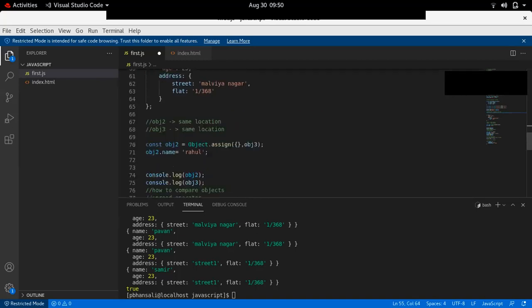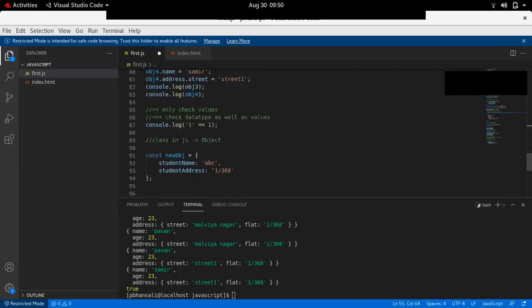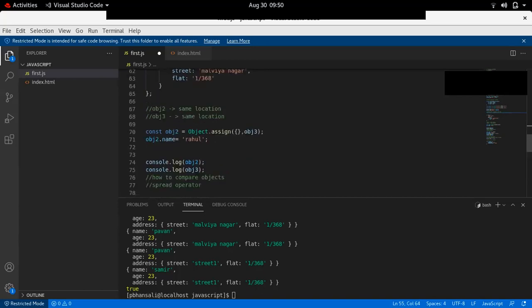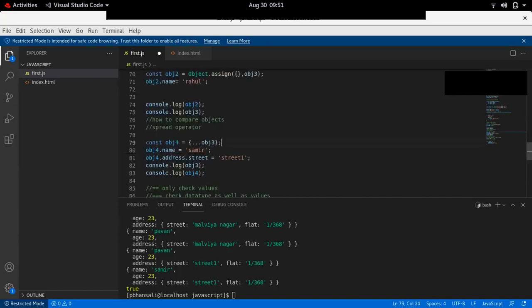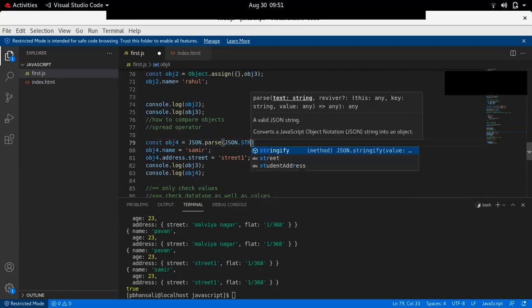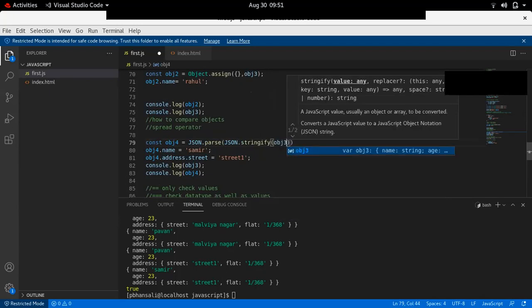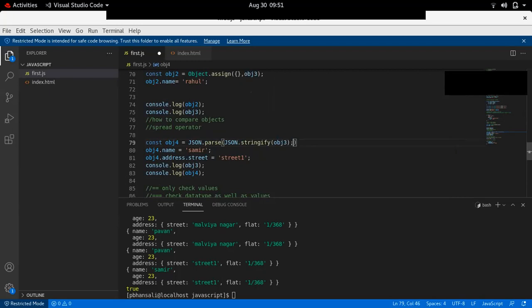And if you want to do this deep copy, you can use a syntax called JSON.parse and JSON.stringify, and you pass that object. This one is deep copy, right? Yeah.